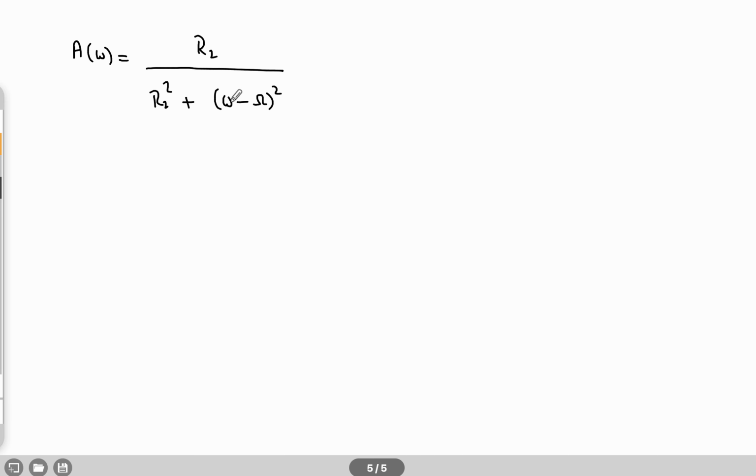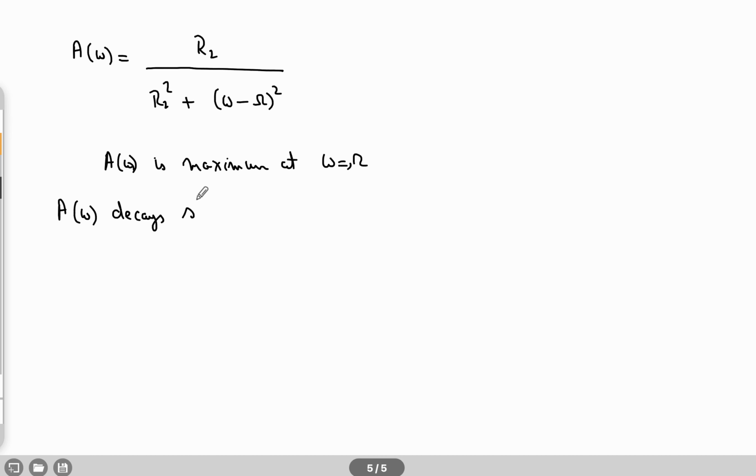So basically, you see that the function A(omega) is maximum at omega equal to offset, and it decays very sharply as a function of 1 over (omega minus omega) squared. So let me just write down: A(omega)